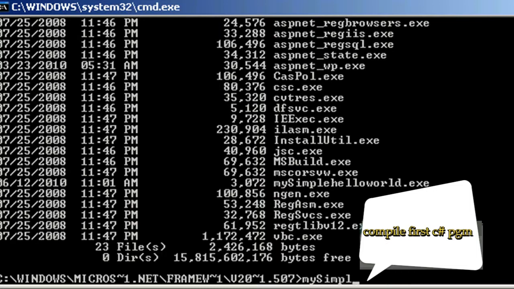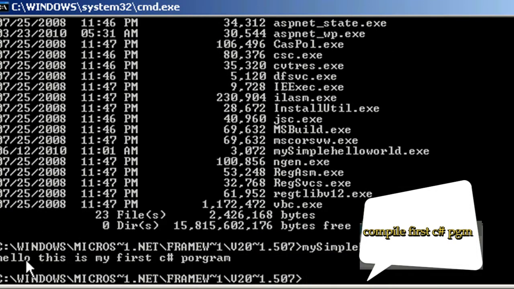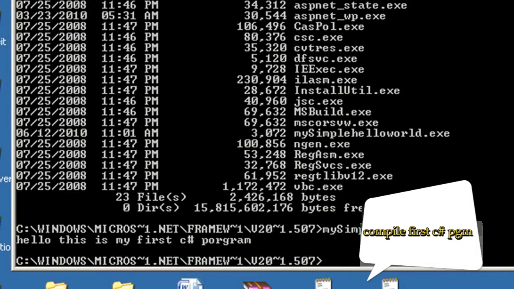My simple hello world. You can see that the exe has run successfully. It went inside the static void main and it executed the Console.WriteLine, and it displayed the sentence, hello, this is my first C# program.